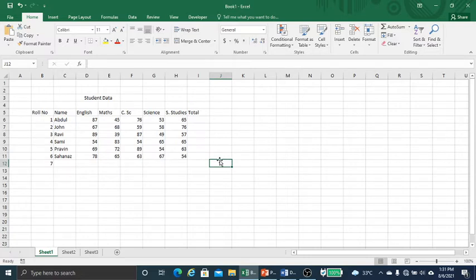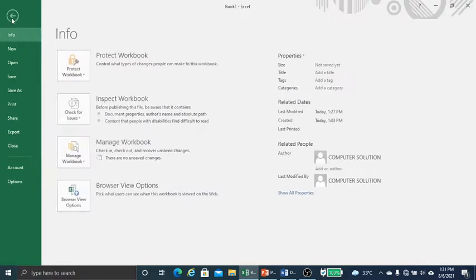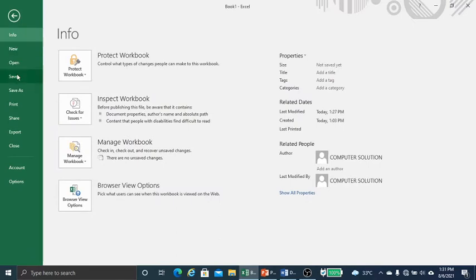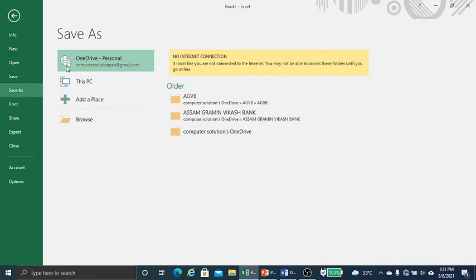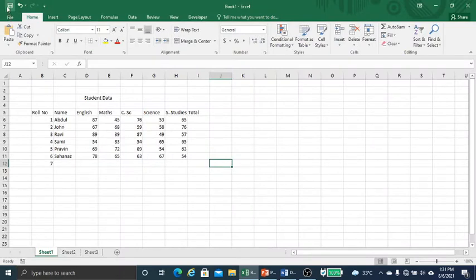Now how to save a workbook? For saving a workbook, there are many ways. We can click on File and then we can click on Save. Then when we click on Save, it will ask to browse the location where it can save. Another way is that we can go to the quick access toolbar and there is the option Save. You can click on Save, so the file will be saved. Or another way is we can press the Ctrl S shortcut, then the file will be saved.